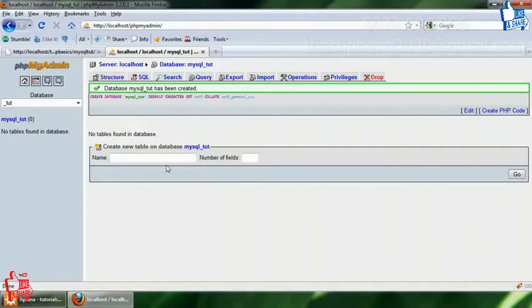Now if we go into our database, right here, we'll see create a new table for the database MySQL Tut. Now, you have a database, but the info, the meat of a database, is tables. So we'll just go ahead and create a default test table here called people with 3 fields: their first name and their description. And the third variable will be what we call an ID, and I'll go over that while we're creating it. So if we hit go,